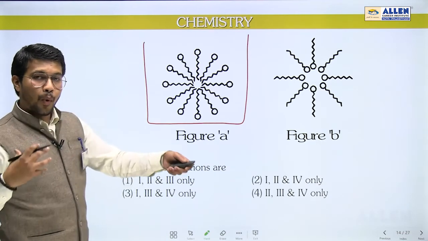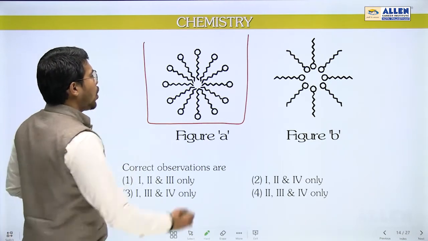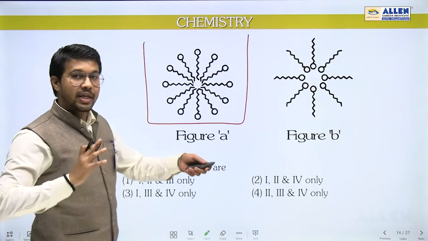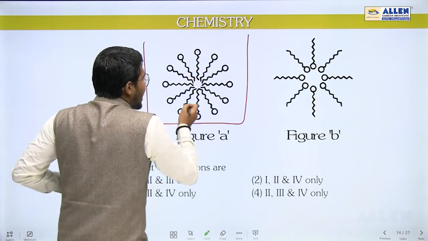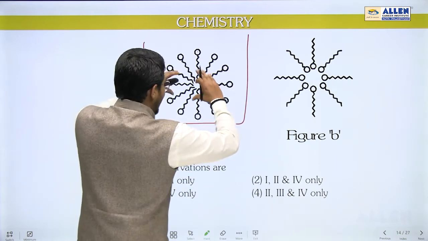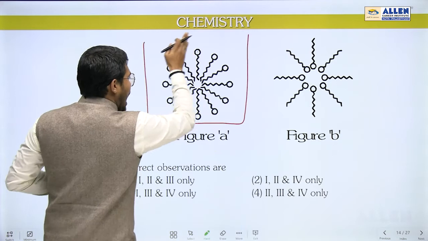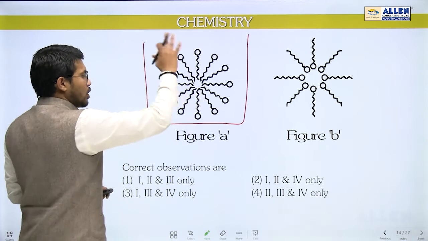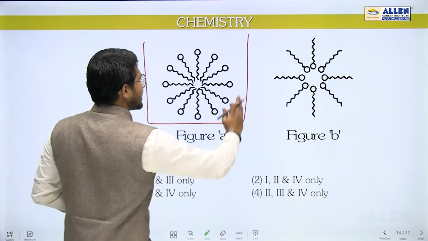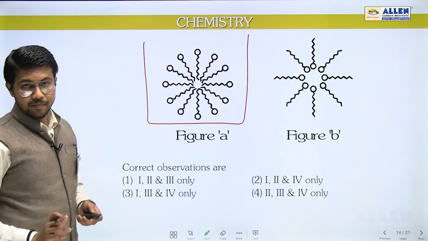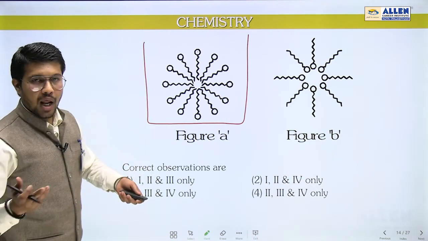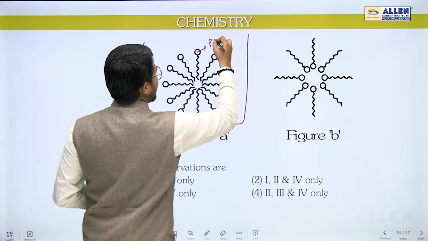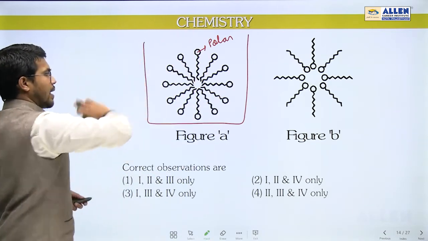So obviously polar and polar love each other. This part is the hydrophilic part, meaning it is water loving, but this chain is hydrophobic. That's why the heads are outside and the tails are concentrated near each other. In water, you will see this type of micelle formation. Since water is polar, the polar parts will love each other, so we have this type of micelle.